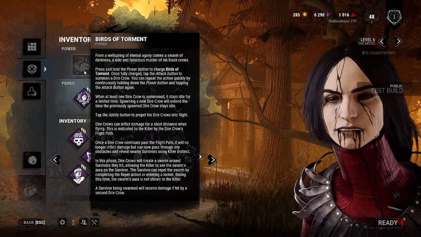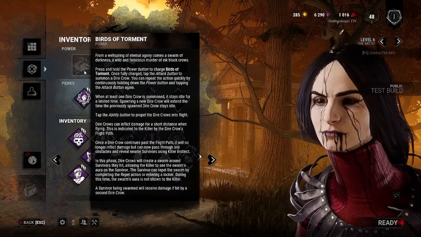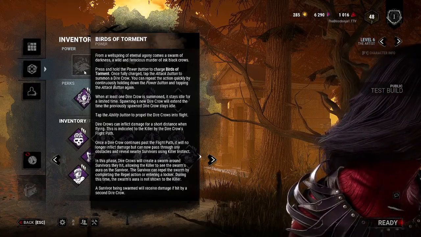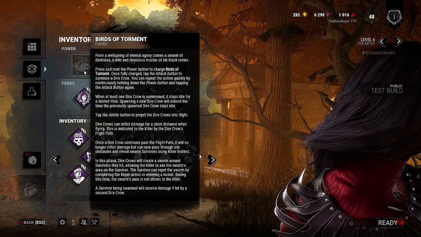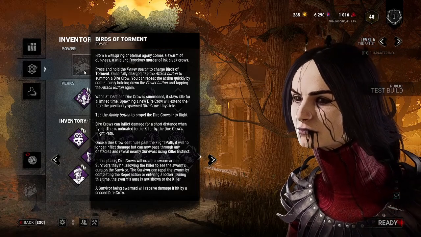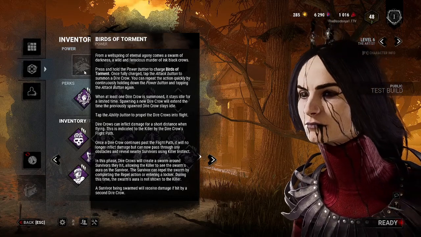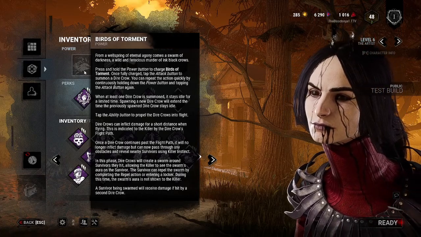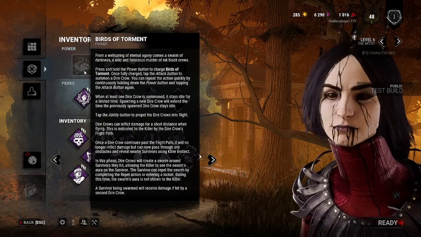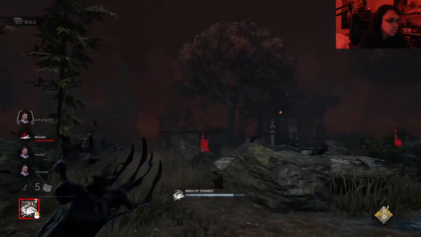So, basically, you place it down, right? And then after you place it down, you can leave it there for approximately 10 seconds or more, maybe a little bit less. Then you can press Control or Shift or whatever your secondary power button is if you're not on PC, and that will send the little crow power flying. I'll actually show some gameplay of it right now, and I'll show the